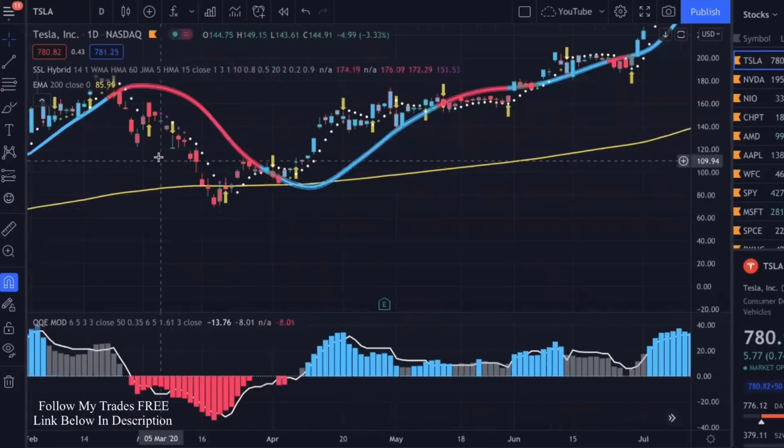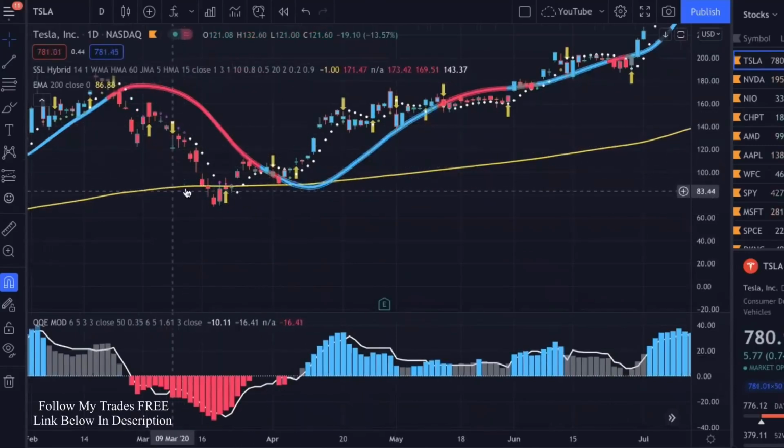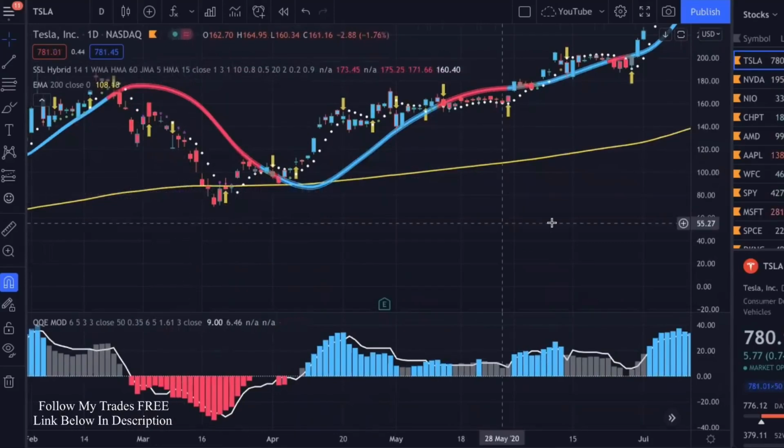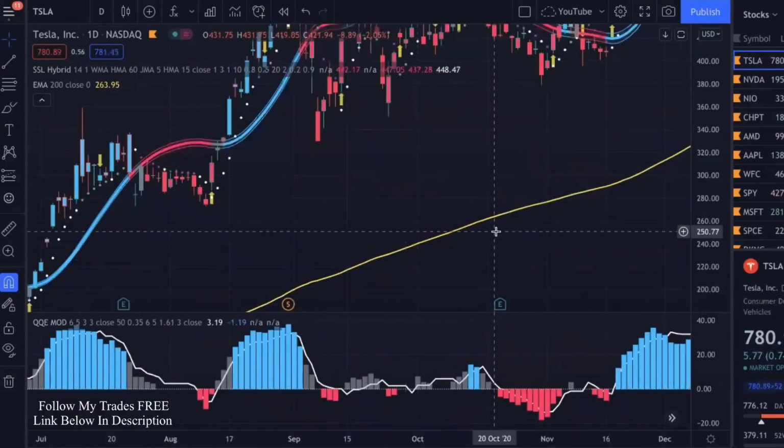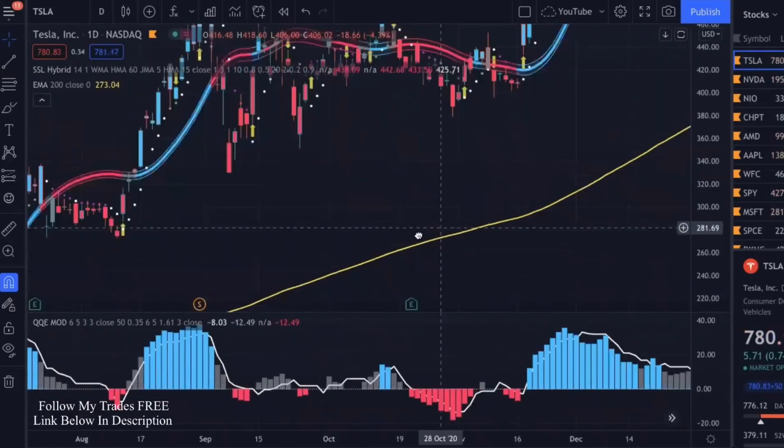Because here's the thing, you could take trades like these, but I like to only take sell trades when the price action is below the 200 EMA. And I'm trying my best not to say "a lot," because apparently I say that a lot